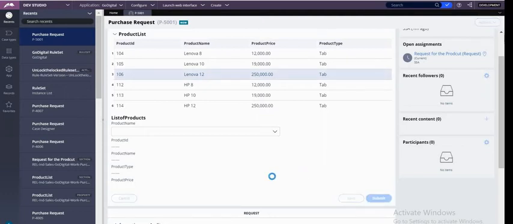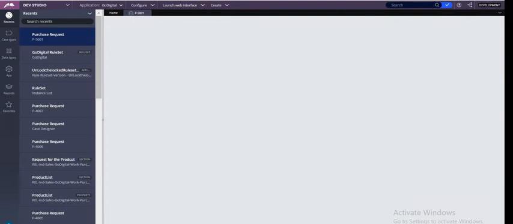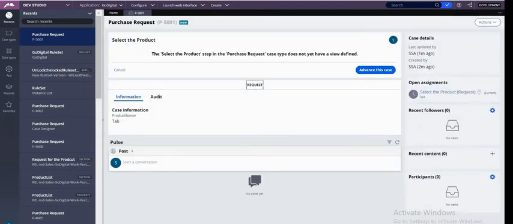Whenever you submit this, the selected item, the selected product you have taken, should be shown in the next screen. Whatever you have selected, it should show in the next screen, and we need to do that now. Our scenario is selecting one row from a page list and copying it into the next screen.